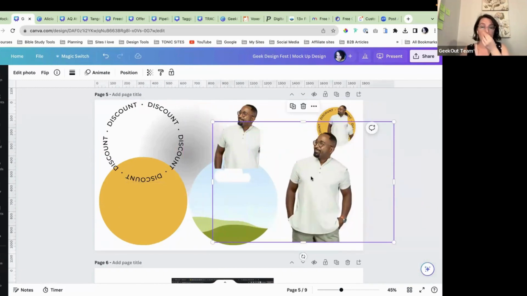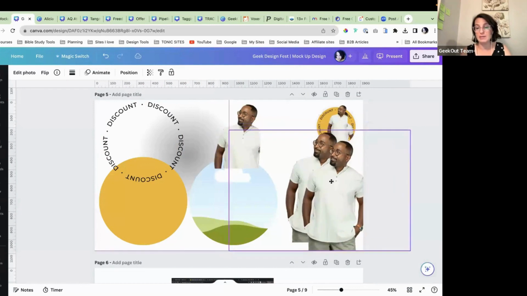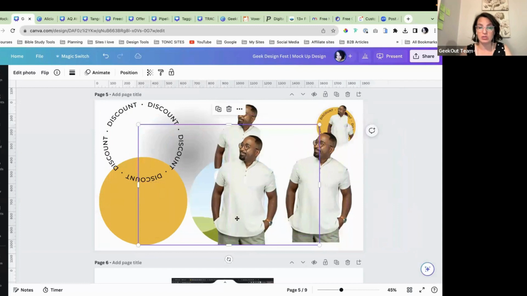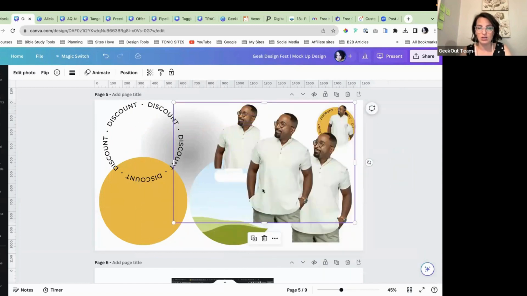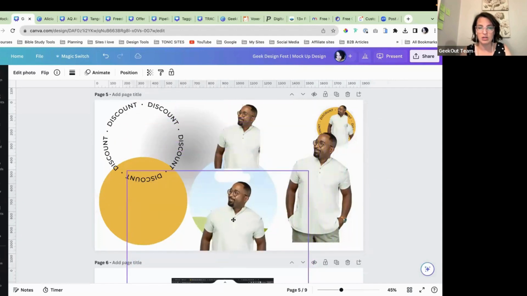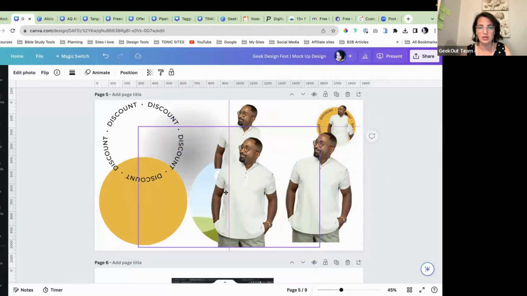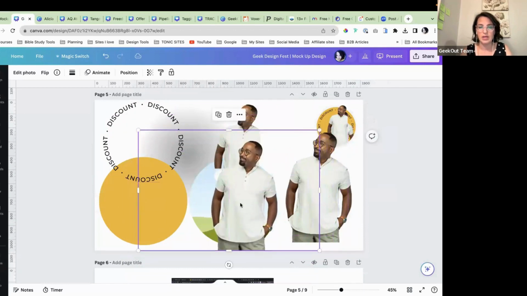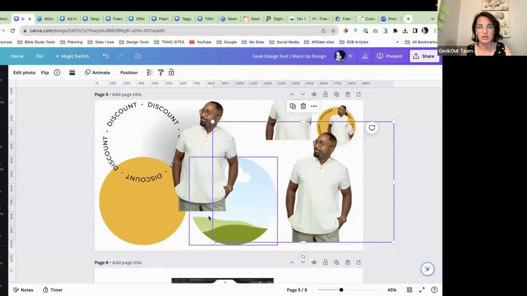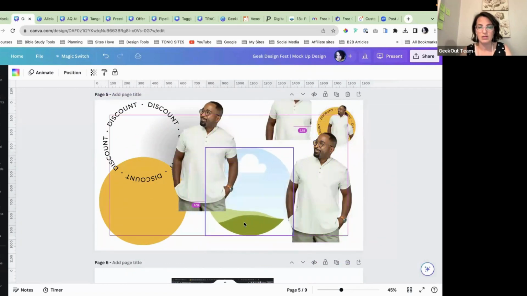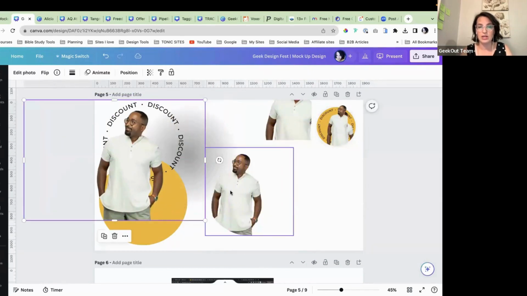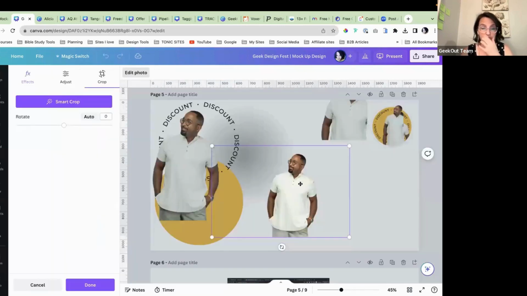So first off, what you're going to do is you are going to duplicate the image that you want to use. And then one of them you are actually dropping into the frame. Why don't you want to go in there? There we go. Come on, you can do it. Oh man. Okay, there we go. Okay, so one image is inside the little circle